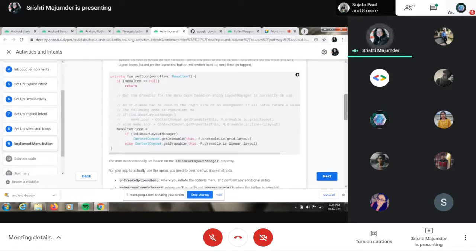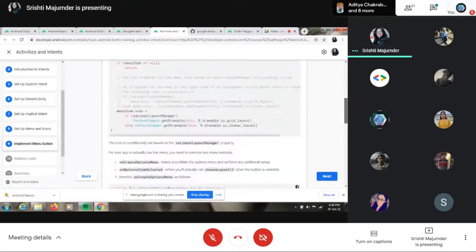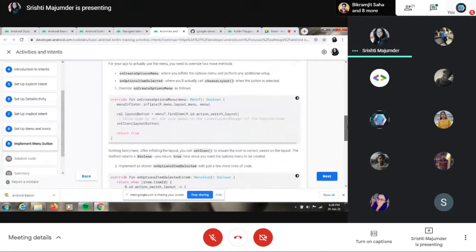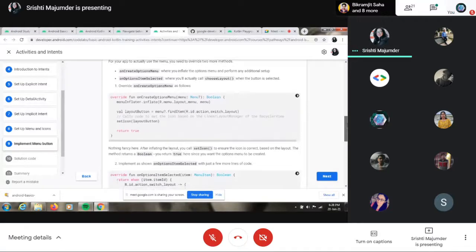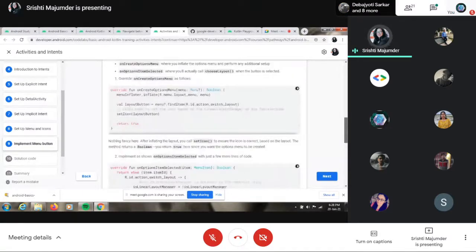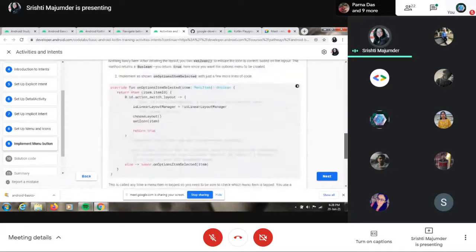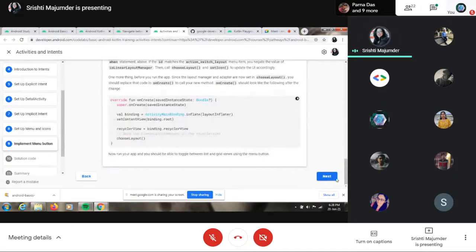So it's like an if-else running several times using these two functions. Then override, and this is the same thing. These are some other ways of writing this onCreateOptionsMenu. They are just showing that if it is yes, then you can go to another step. I've just explained this, and these are only written several times one after the other, and it's done.